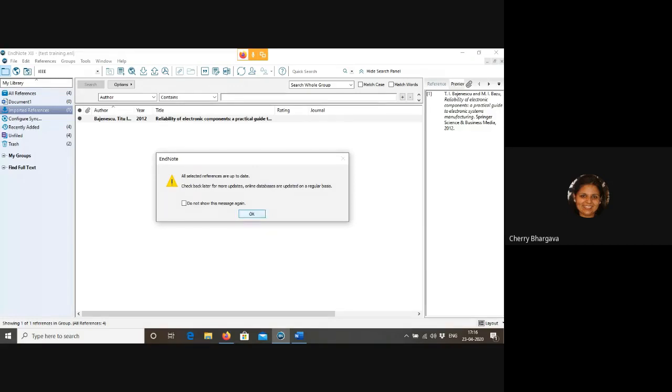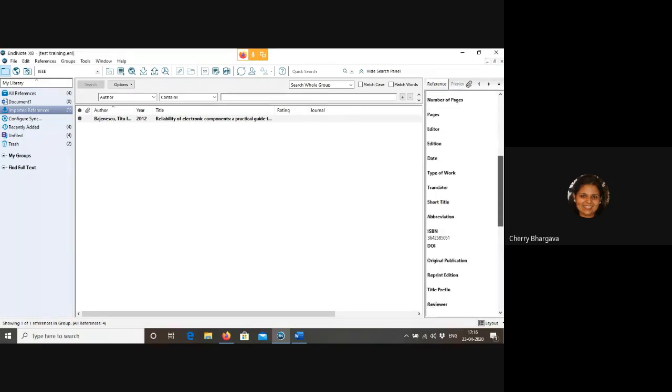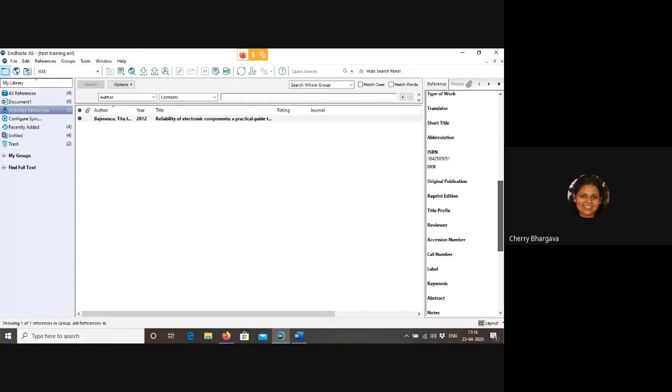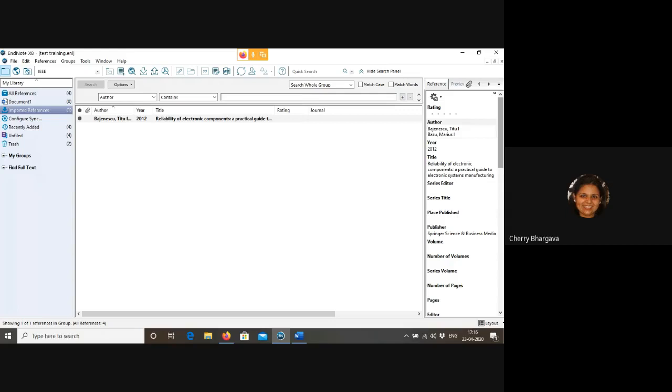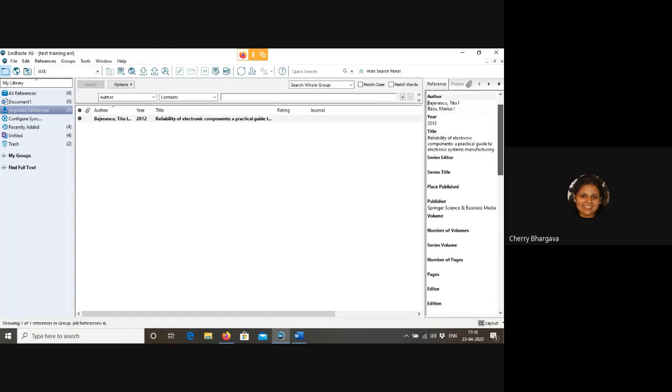So it means all the basic information, all the basic data is already available. If you find fragmented information related to the reference, then on the right-hand side at the top, just adjacent to the preview, you can look at the different fragments of that particular reference: author name, the year of publication, the title of the book or the journal.